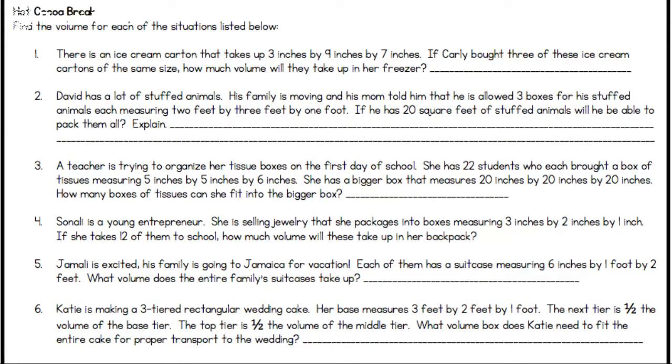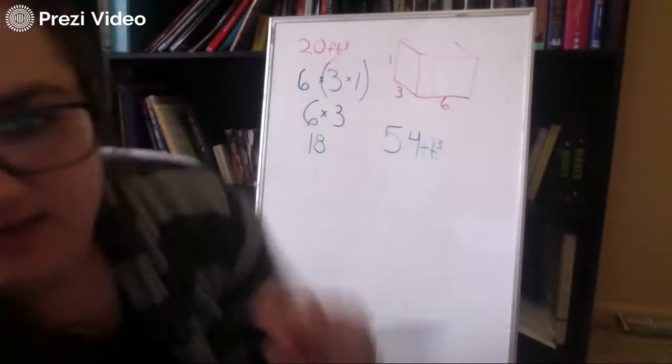Katie is making a 3-tiered rectangular wedding cake. Her base measures 3 feet by 2 feet by 1 foot. The next tier is 1/2 the volume of the base tier, and the top tier is 1/2 the volume of the middle tier. What volume box does Kate need to fit the entire cake for proper transport to the wedding? Okay,